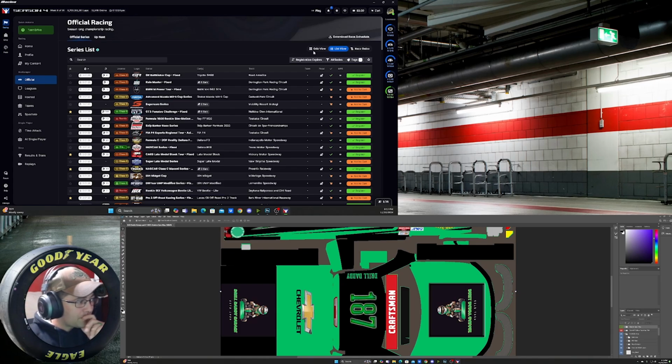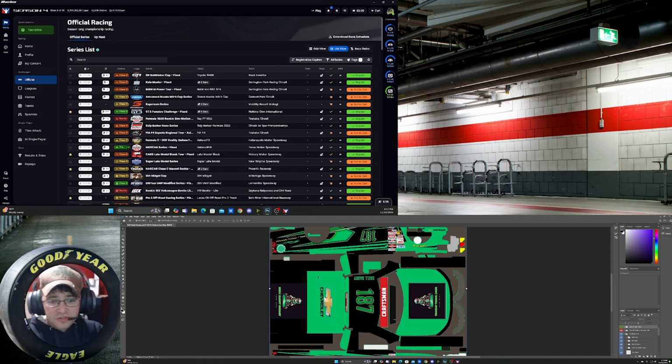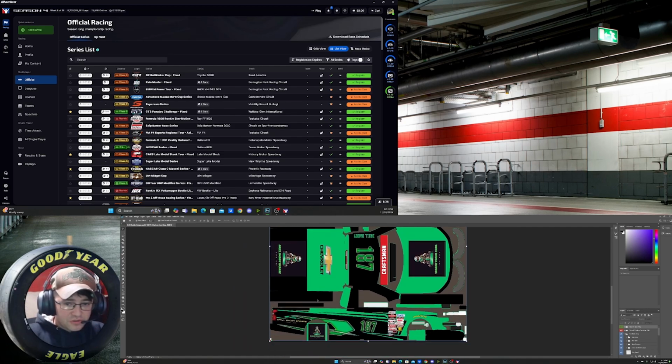So the next thing we need to do from this point, so we've already talked about how the truck is good to go. We like where the truck's at. We just need to make a couple corrections, get it from Photoshop into iRacing. And how is that done? So the next thing we need to do is